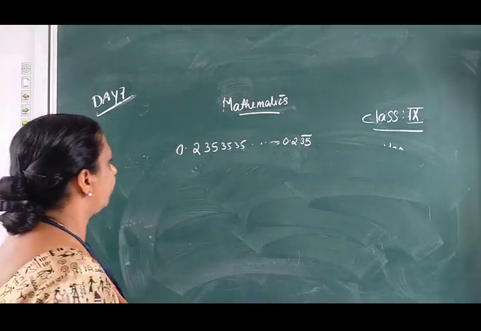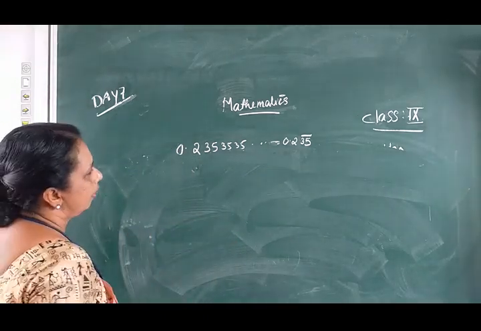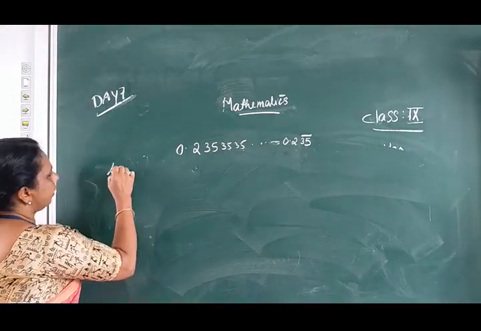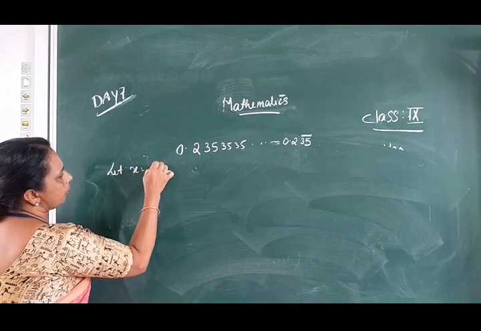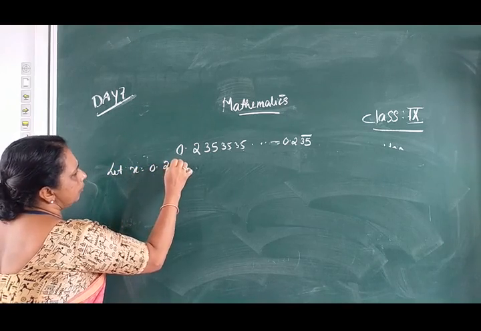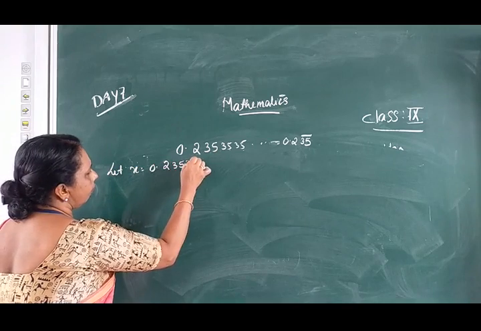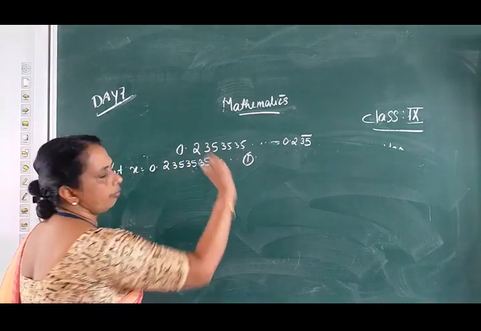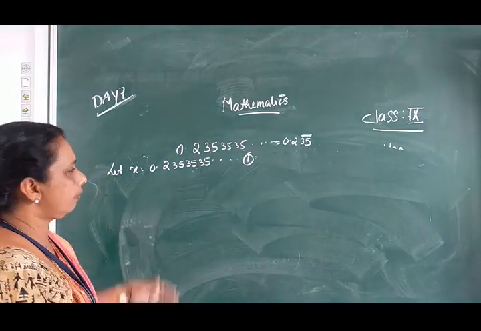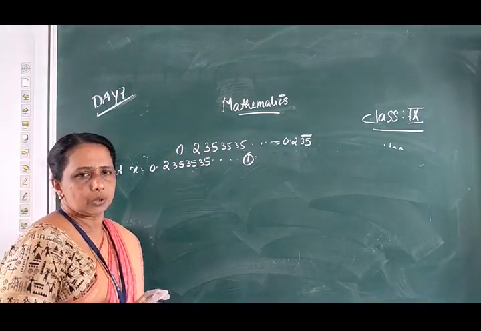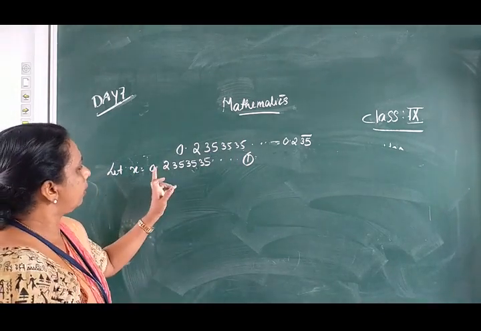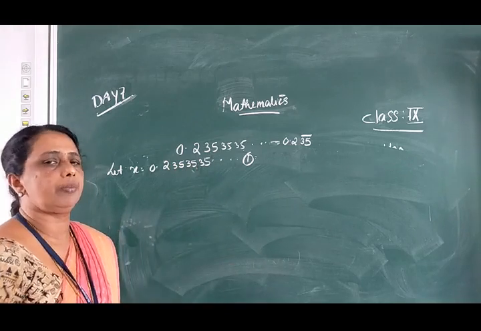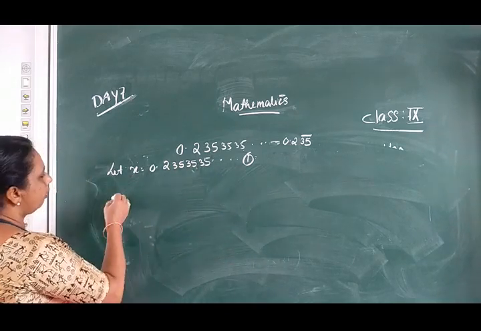We want to show that. Okay, this is in the form p by q. So first we have to take let x is equal to 0.2353535 etc. That is equation number 1. In a different way we can solve this problem, but I will use only this method. Here the decimal has only 1 digit before the repeating part, and after that 2 digits are repeating. So on both sides we have to multiply by 100. So left hand side we get it.